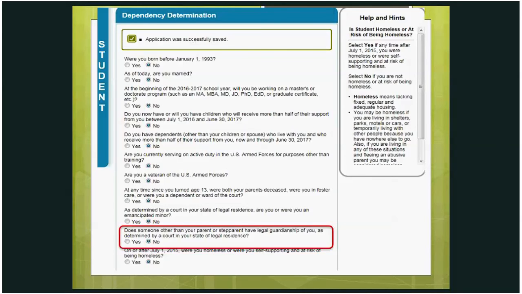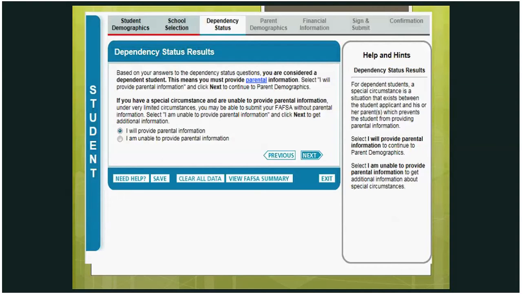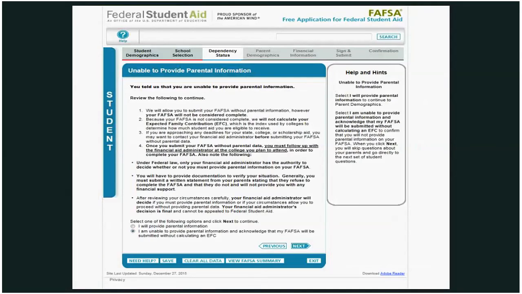So if you do answer all no's, as we have here on the screen mock-up, it will go through as a dependent applicant. And then they will see this screen. You answered all no's, you're going to be dependent. And then you will either say, yes, I will provide parent information, or I am unable to provide parents' information. And if they choose the latter one, it says you told us you were unable to provide your parents' information. And then it tells them the situations where